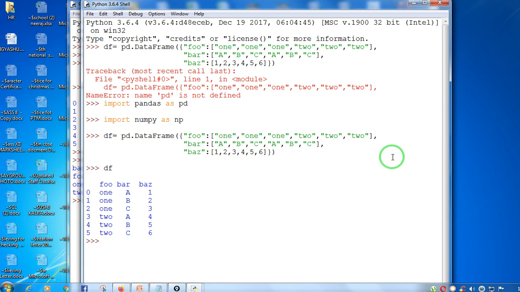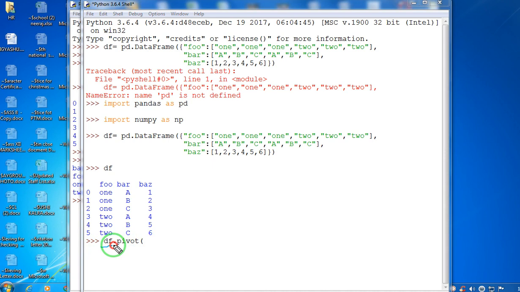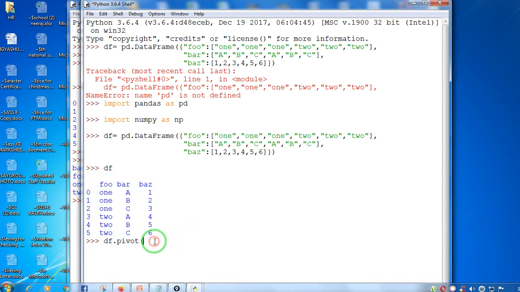So let's start with the pivot function. Let's create a statement. I am applying the pivot function on the data frame named df. So I have to write df.pivot, where df is the data frame on which I have to work. It will rearrange the data of this df and show you the output. You can also save this in a different data frame. For that you have to create a new data frame object like this, x equal to df.pivot. Whatever is the output, it will be stored in x.